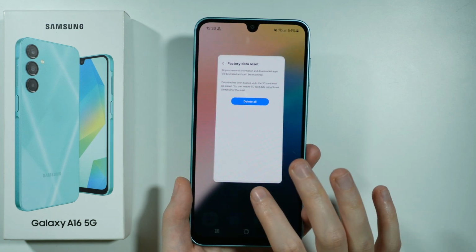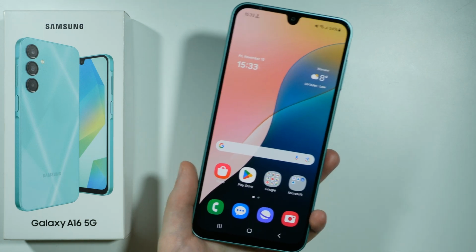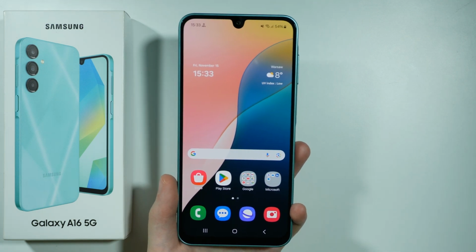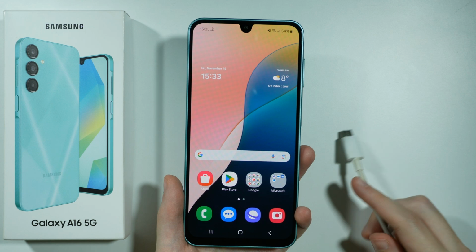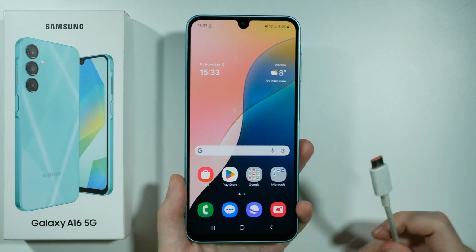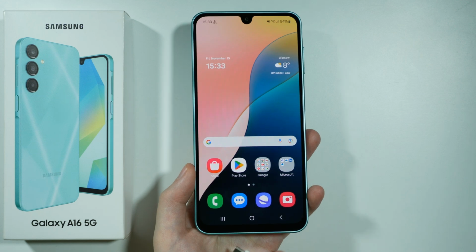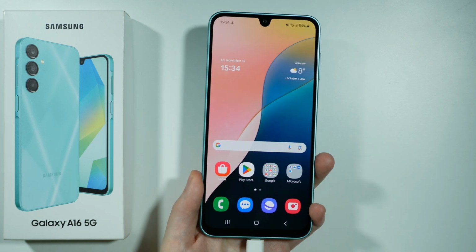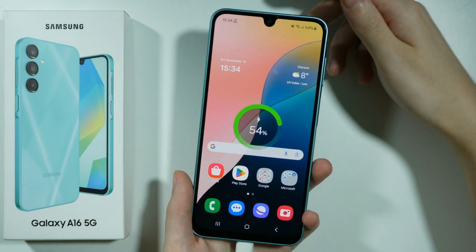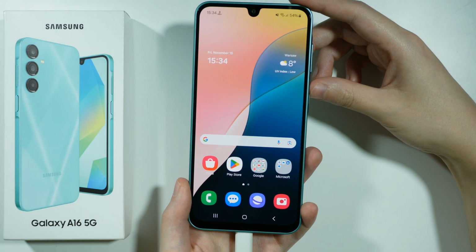Now, if you don't want to use, or if you can't use settings in order to perform the factory reset, instead you can also open the recovery mode and perform the hard reset via the recovery mode. And in order to do that, you will need to use the USB cable. You want to connect your Samsung Galaxy A16 with your computer. Once you plug it in, once you connect these two devices together, your Samsung to your computer, you want to